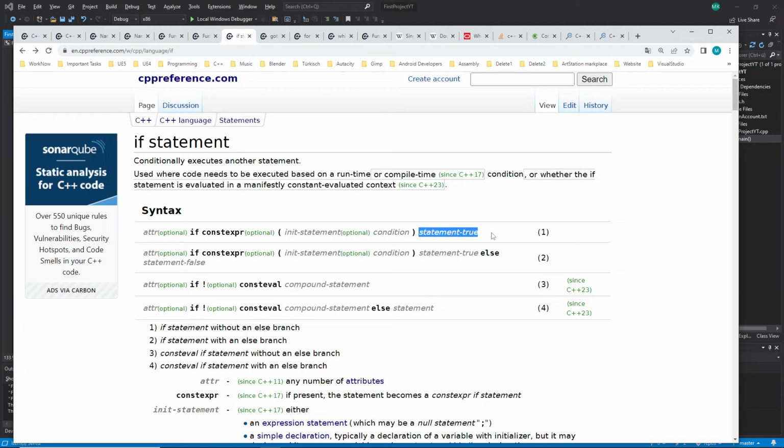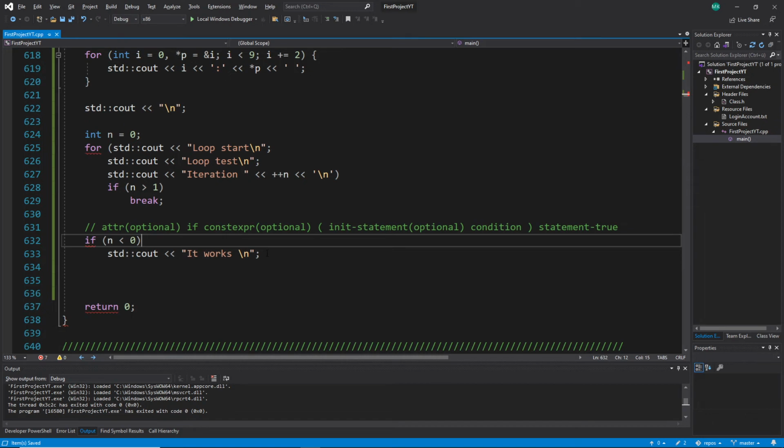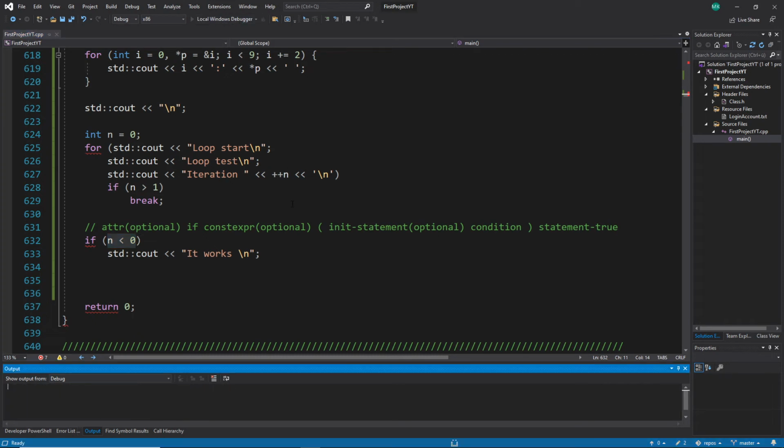Ah, okay. That's very important. I forgot to tell this. Here it says statement true, which means this will work only if you set, for example, let me show you, this syntax here has no curly braces, right? This is the syntax which they are defining, and statement true means this will only work if this condition is true in this case. And when I run this code now